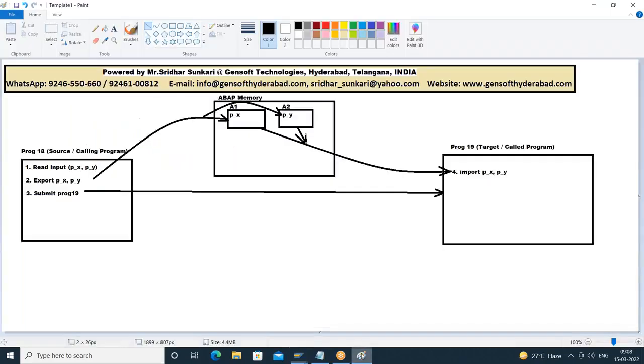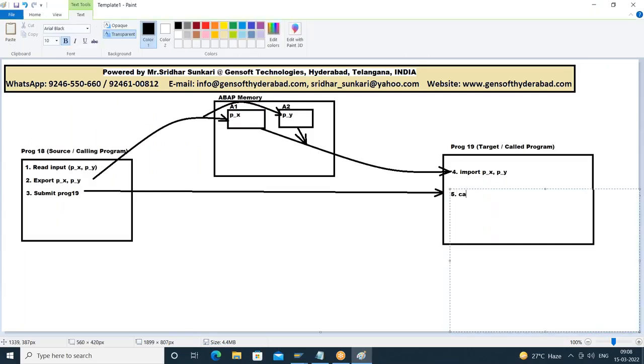So what is the next step I'm doing in the called program? I'm doing the calculation. What is the calculation I've done? V underscore z equal to p underscore x plus p underscore y. So the result is stored in which variable? V underscore z. This v underscore z value should be displayed. So output generation should be taken care of by the 18th program. So this calculated value should be available in